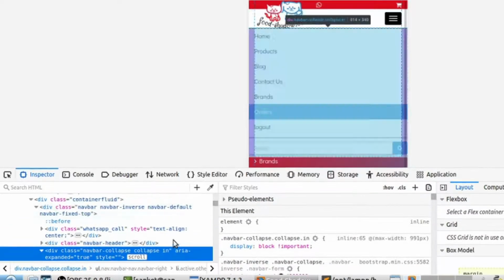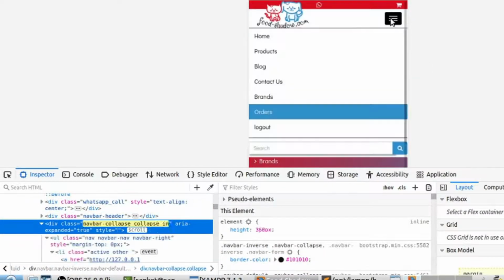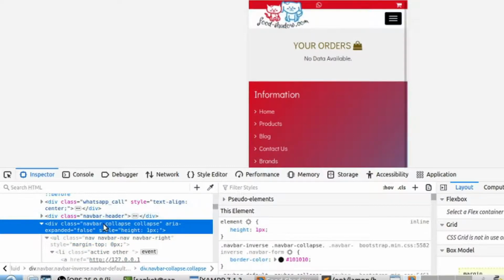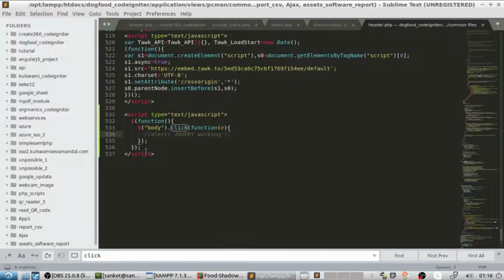When I toggle, this part is the topmost part which is changing its class. So we have to copy the classes of both toggle button and navbar division.